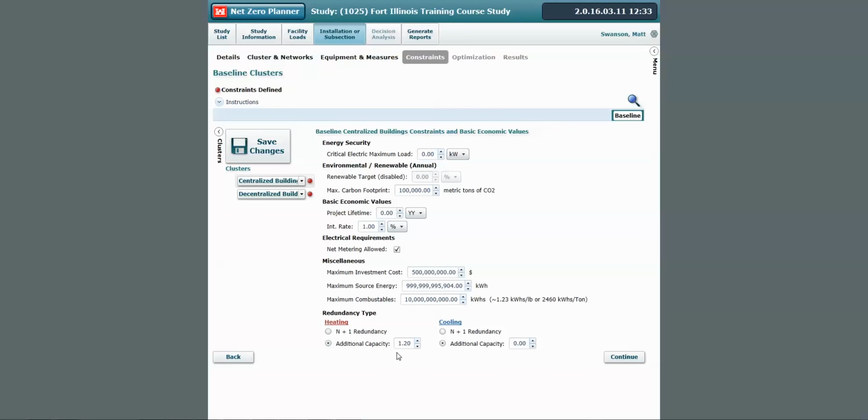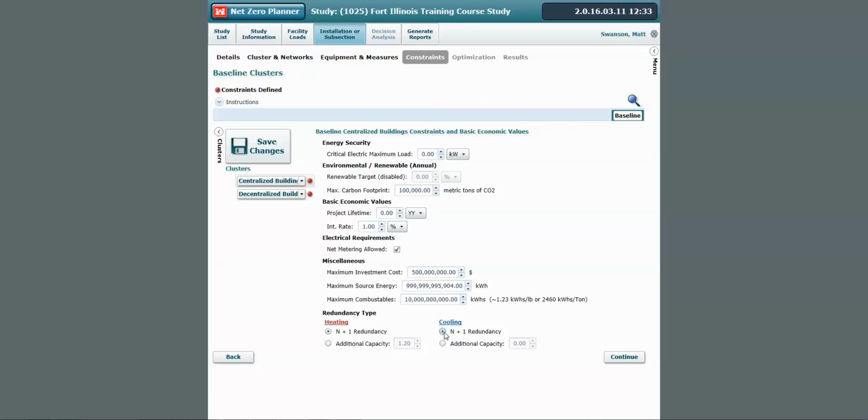If we wanted to get closer to a design, kind of a pre-engineering level, we could click N+1 redundancy, which would mean we could meet our peak when all of our equipment was being used, but our largest piece had failed or was down for some reason. So that's generally called N+1 redundancy. And so this is something that's a little bit closer to sizing the equipment. We can actually choose from that equipment list different sizes so that we could meet this requirement for the lowest cost. And then similarly on the cooling side,